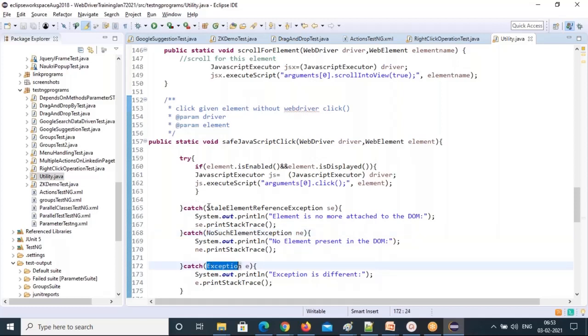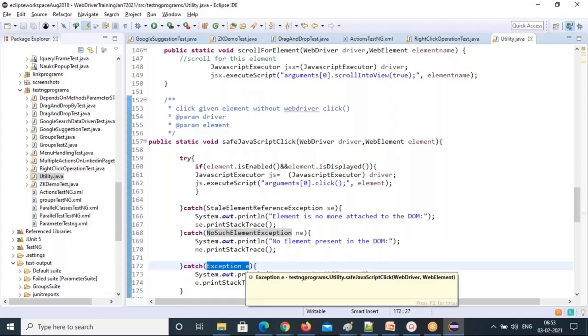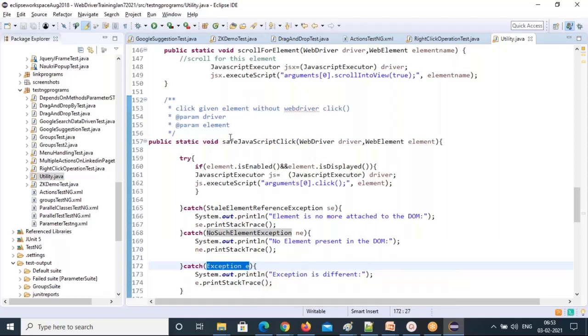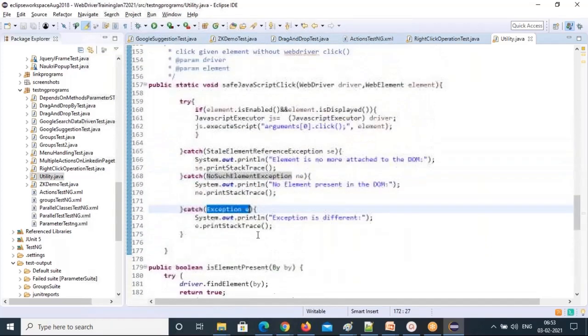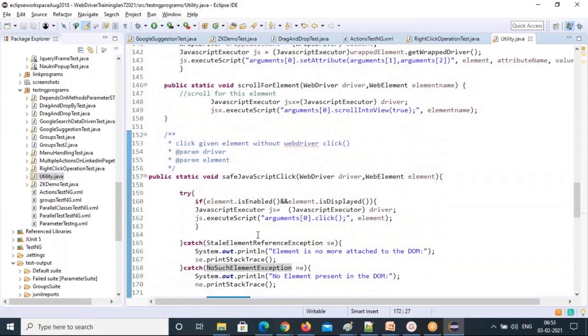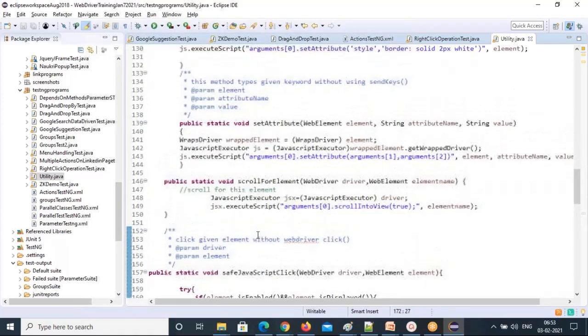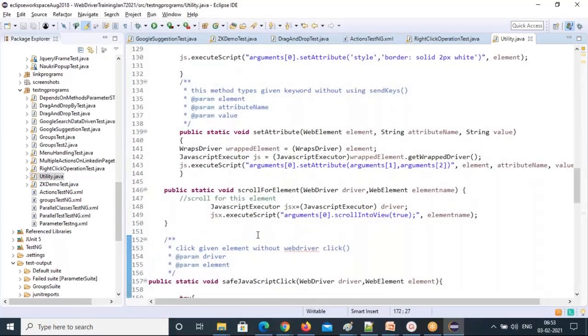That's why it goes most specific, then next specific, and the final one is the parent exception. So this is how you can write a safe JavaScript click with the executeScript method. That's all about the JavaScript executor. Using it, you can execute your JavaScript code inside Java Selenium.